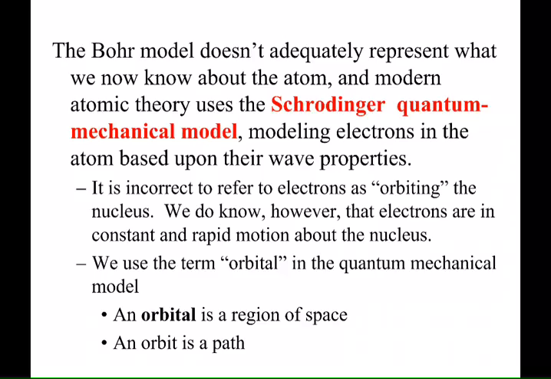Then the Schrodinger model takes it up a notch. Schrodinger recognizes that it's not a gravity thing, and it's not like electrons are orbiting the nucleus. It's an electrostatic thing, and they're kind of buzzing here and there. One of the things, according to Heisenberg's uncertainty principle, is you can't know the exact location and the exact energy of an electron at any time around an atom. I think that's pretty cool.